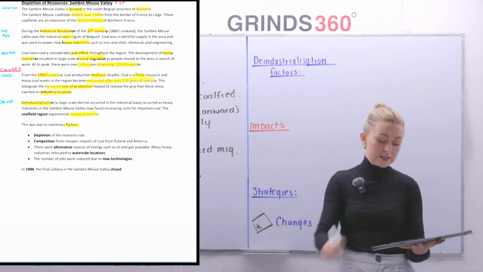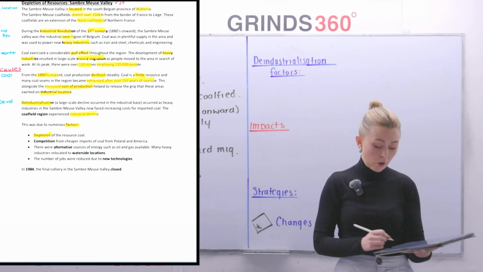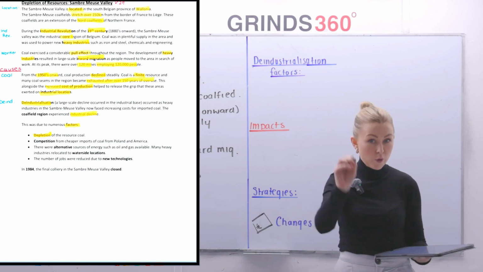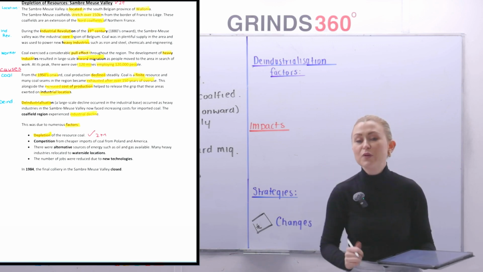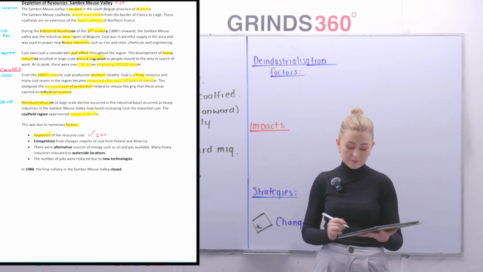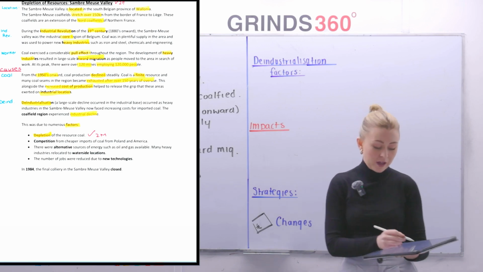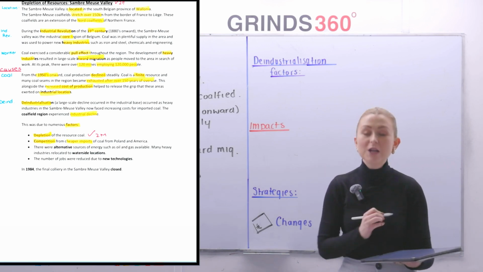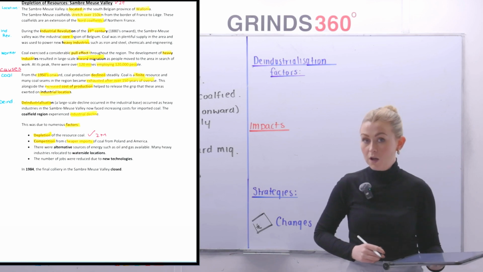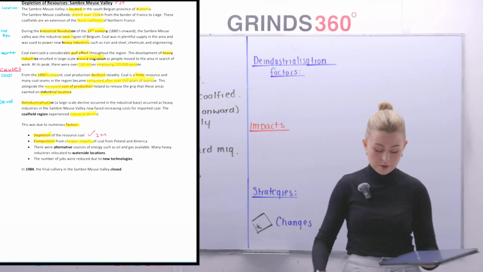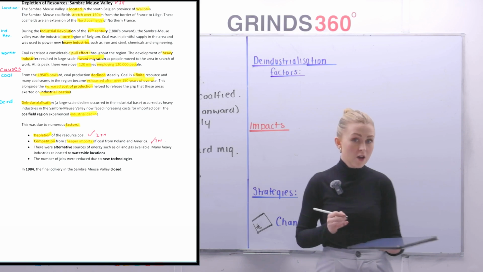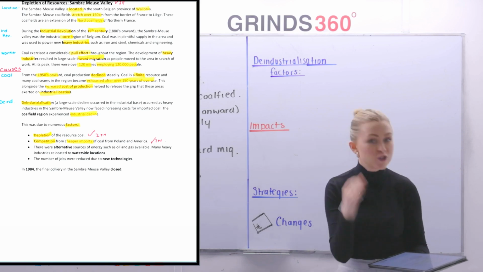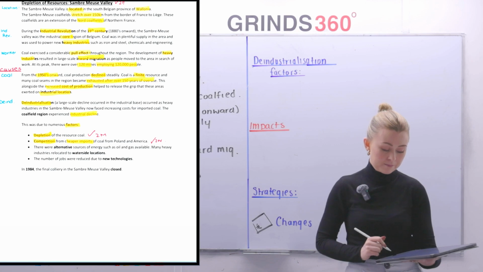Depletion of coal resources. The amount of coal was reduced. Now, you know yourself, your examiner is giving you a tick and 2 marks the first time you give them a cause. There is our first cause. Second one, competition from cheaper imported coal, particularly from Poland and North America. My second reason in here, give it a tick and 2 marks. 4 marks, 1% just for them 2 particular bullet points.